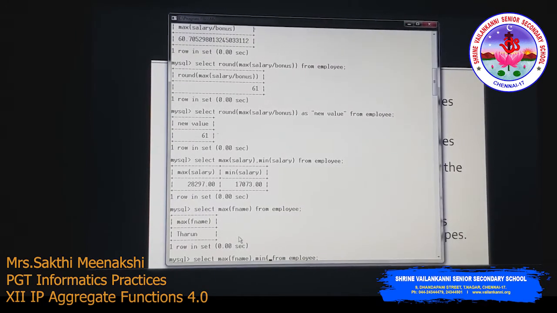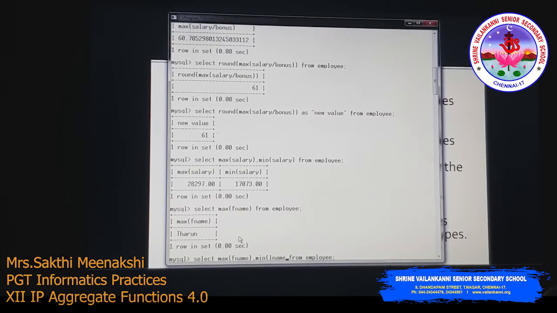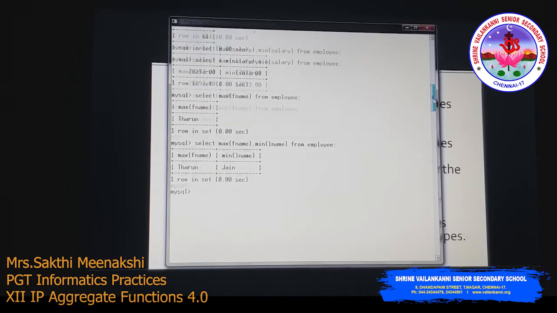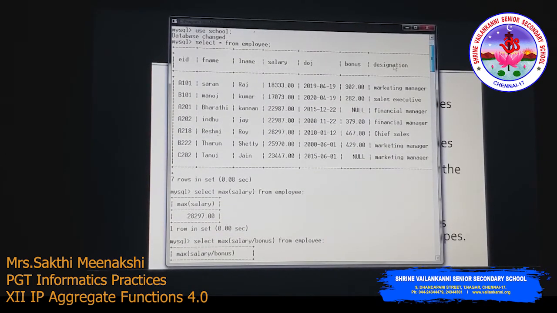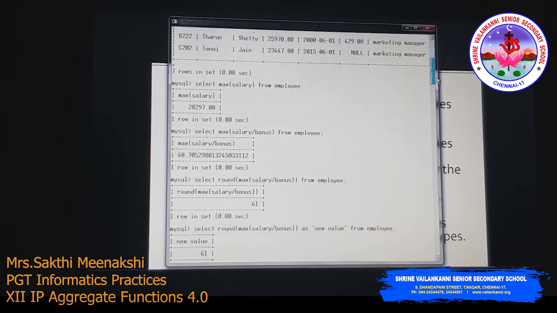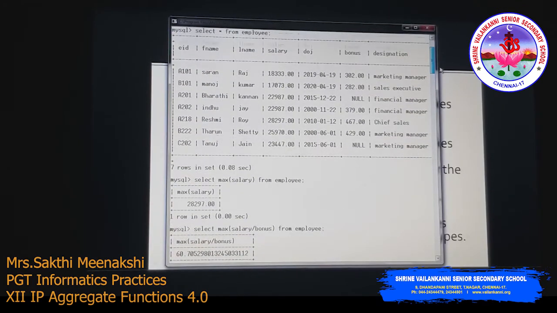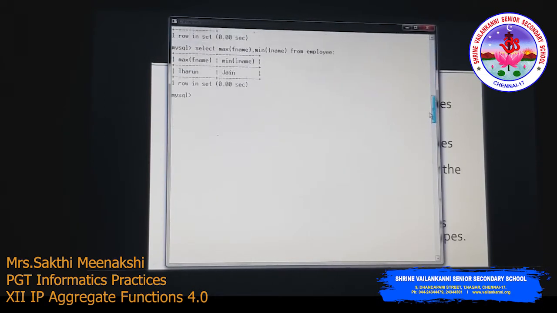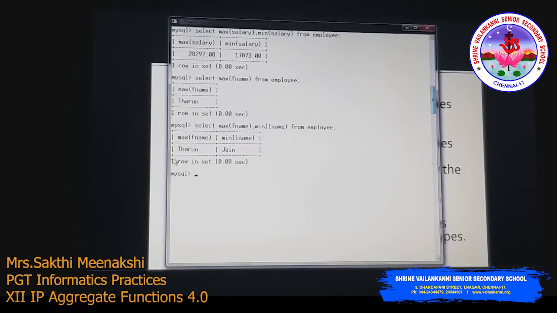And min of last name. You can see this table. Here in f name we have Tarun. This is alphabetical order. Even though we have two T's, TA and TH, TH is the highest one, so that is the maximum. And for the minimum here we have JAY and JAIN. We have two records, and with JAIN it considers the third character. I is lesser than J, so it displays JAIN. So we can apply the min and max functions on the string data type, and we can apply them on date and time also.